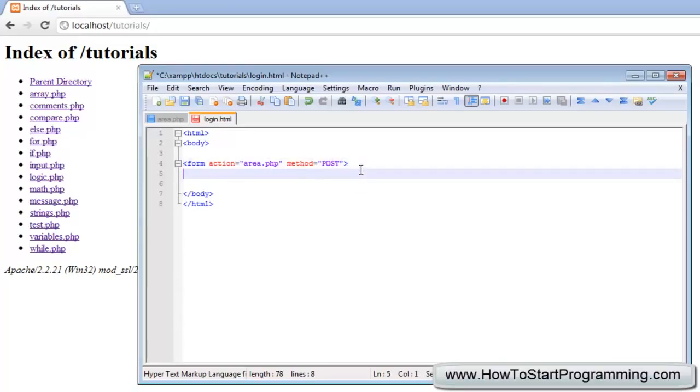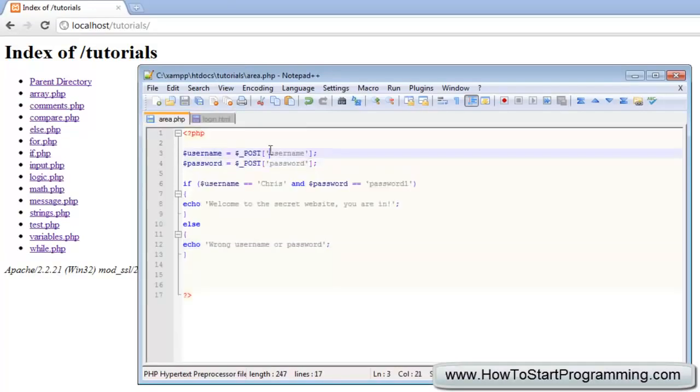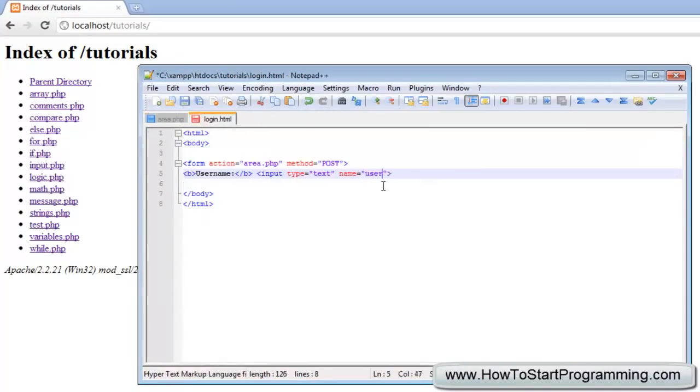create our two text boxes, so we're going to put bold username and that, and we're going to put input type equals text as before, but this time the name must be equal to the name of our variable that we're setting over here. So if we go back, the variable name of post is username, so the name must be username, and we'll have a line break to go to the next line, and then the next one,